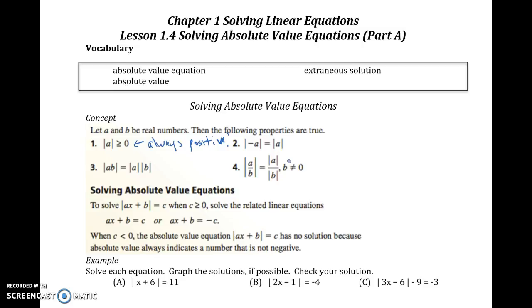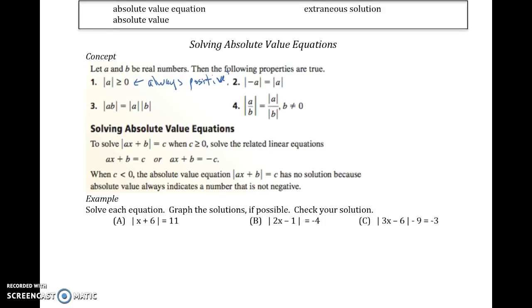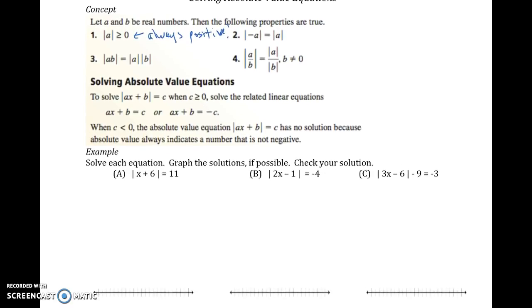So to solve absolute value equations, we're going to basically create the two possibilities of where that absolute value could lie. And what I want to do is bring this to a number line so you can see conceptually how it works. Because I know a lot of people just go, okay, just make two equations, but let's